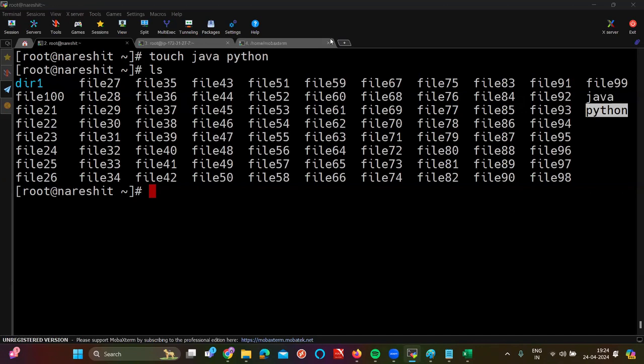DevOps means you added two more points also, like Linux and AWS. What is the difference, sir? See, DevOps requires at least one cloud to perform the operations. Without any cloud, we cannot implement DevOps. So in our course, we are going to take AWS as the cloud platform, because whatever deployment you are going to do in real time requires servers. How can you create the server? From the cloud itself.